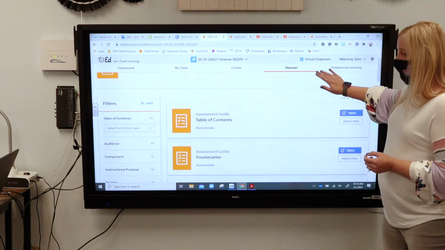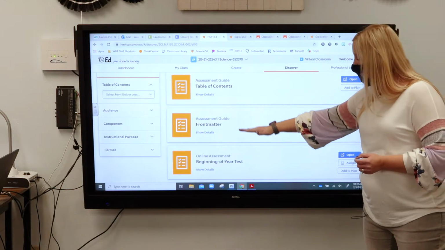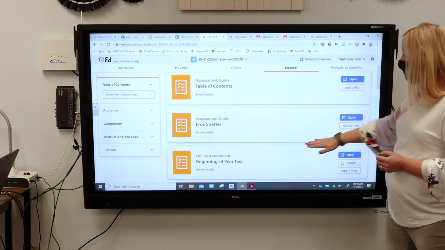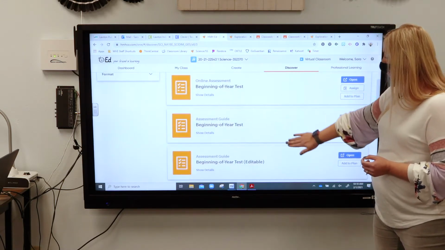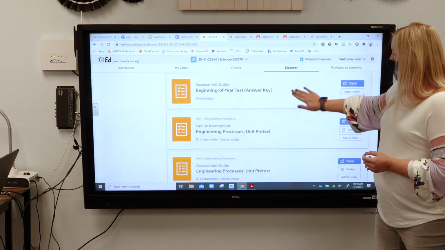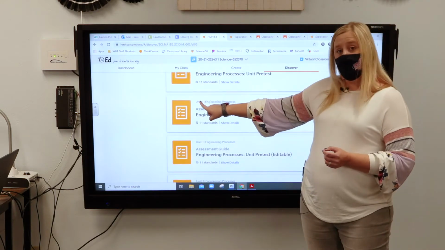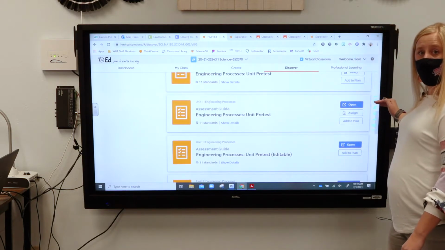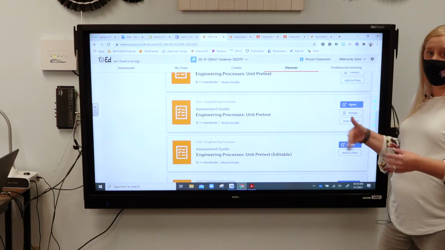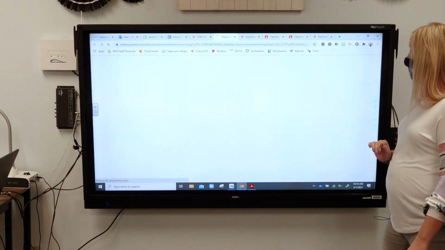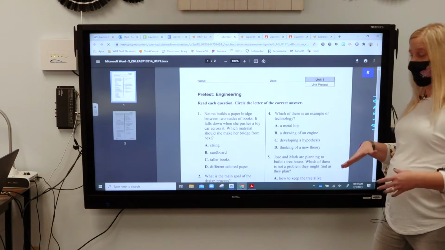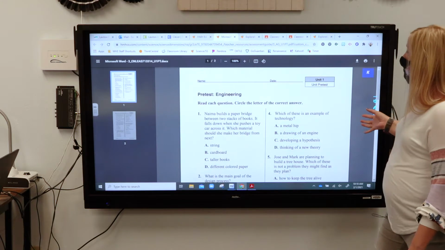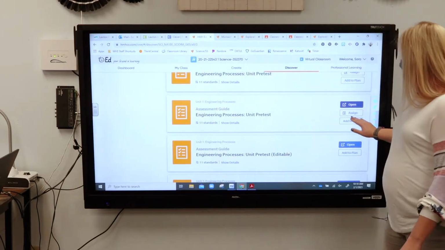You would scroll down, there's a lot of pages, so it will tell you the title. You have an option to open it. You can add it to a teacher plan in your dashboard. They have beginning of the year assessments. But as you scroll, you will notice that it tells you your unit, the title of your unit. And now you notice that there is an open or an assign. You can just open it as a link for your class to look at as you're doing it. This is where you would print it to your computer if you want a paper copy of it. If you want to assign it, you would click assign